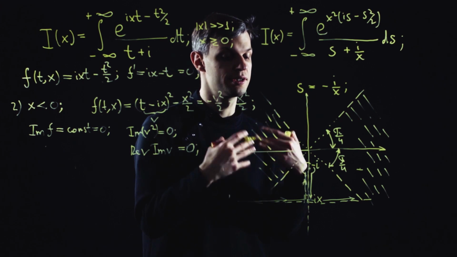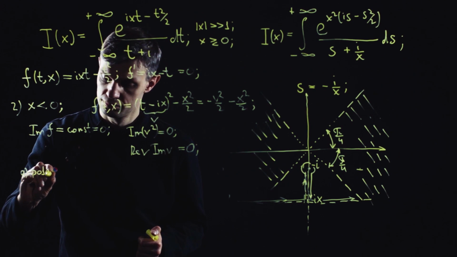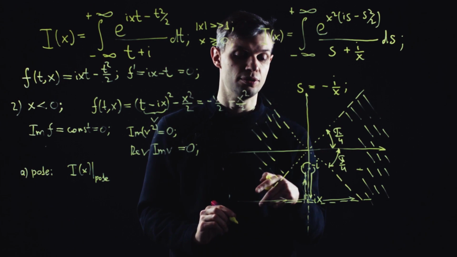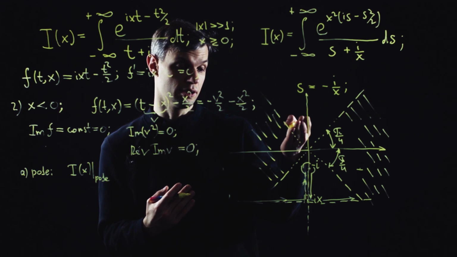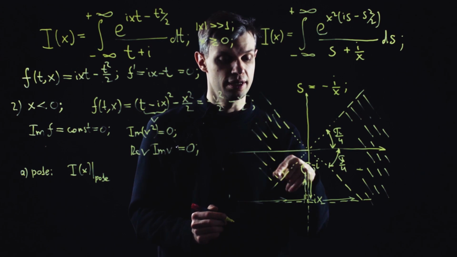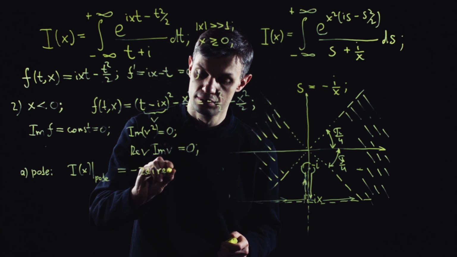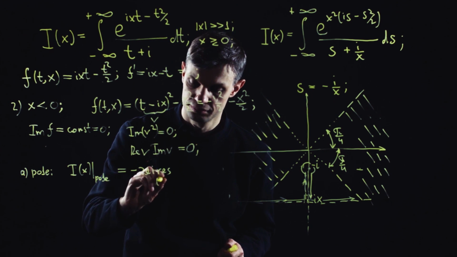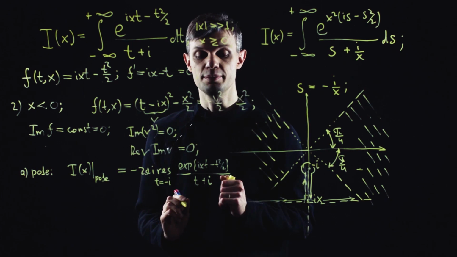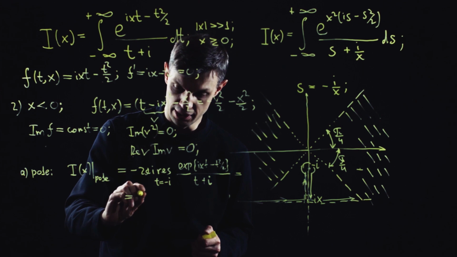And let's compute these two contributions separately. First, the contribution from the pole. As you know from complex analysis, the integral along the small circle around the pole is reduced to the residue of the integrand at this pole multiplied by 2 pi i if the pole is passed in the counterclockwise direction. If the direction is clockwise, the result is minus 2 pi i times the residue of the integrand. This is a simple pole, and the residue is easily computed. So it gives you simply minus 2 pi i